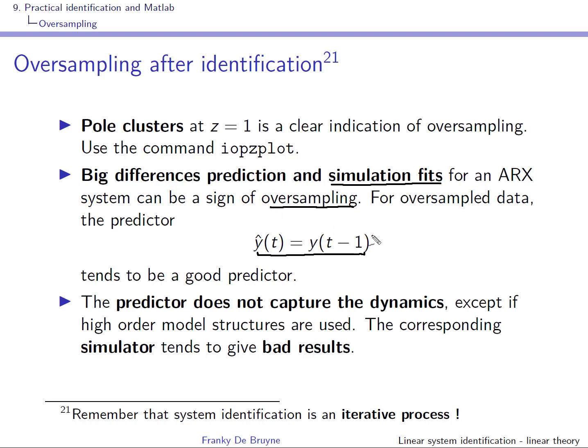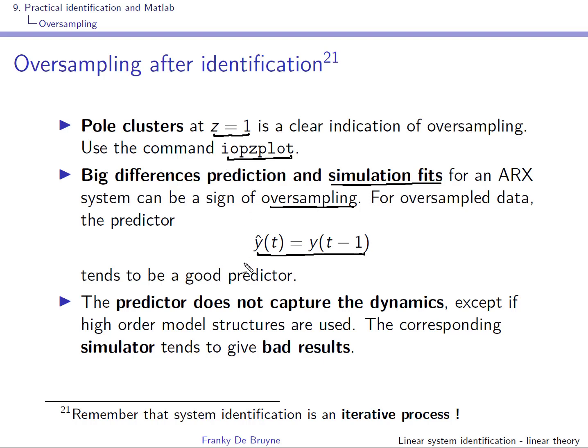You can see here from this naive predictor that the underlying models will have pole clusters around the unit circle. If you see this, this is also a clear indication of oversampling, and you can see all this using this command